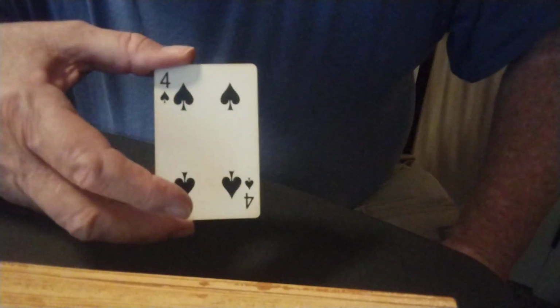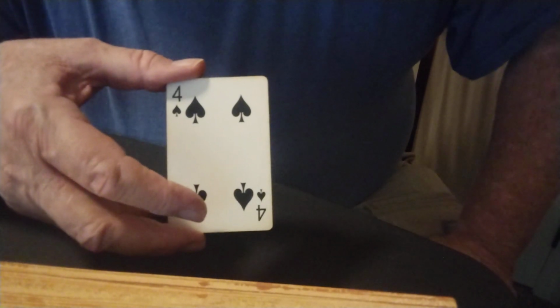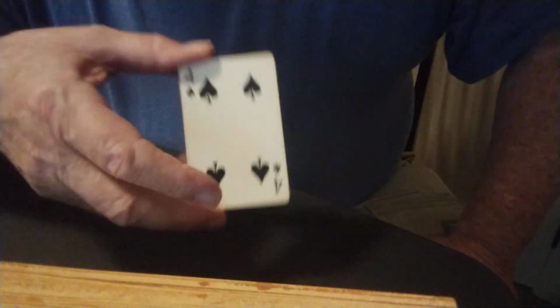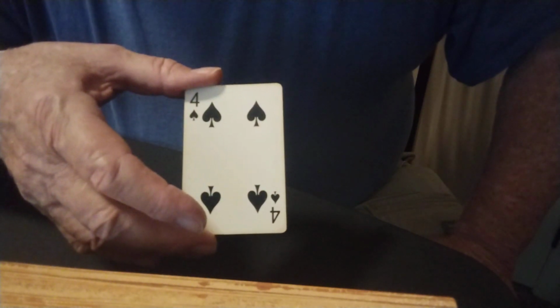I'd like to show you a card trick. I usually put on music videos, singing some cover tunes and some originals. But sometimes I like to put on a magic trick. It's just a hobby. It's kind of fun to do. So if it's something that doesn't interest you, you don't want to watch it, just I'll be putting out some